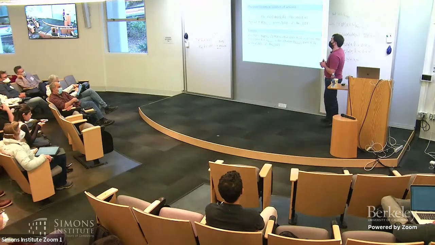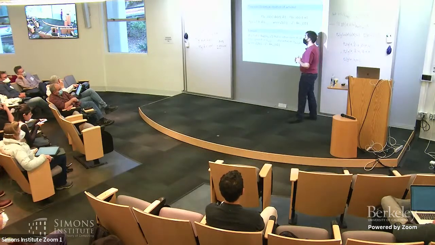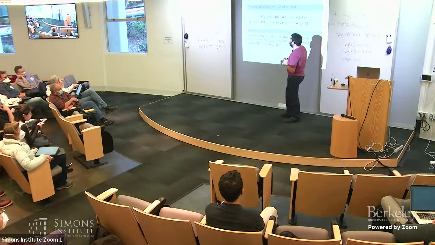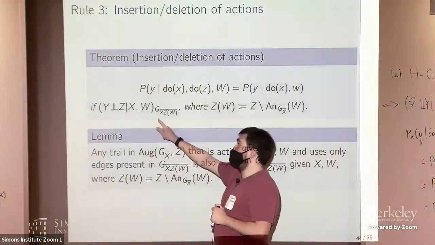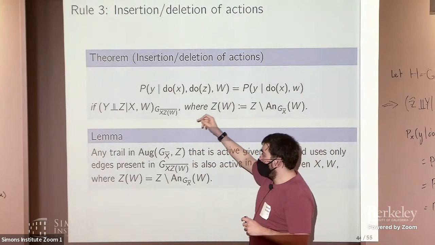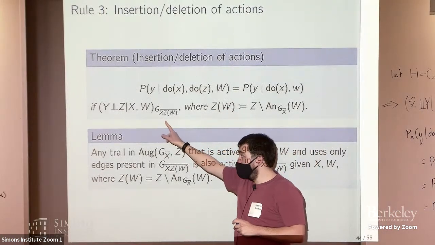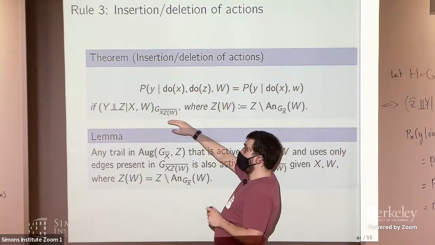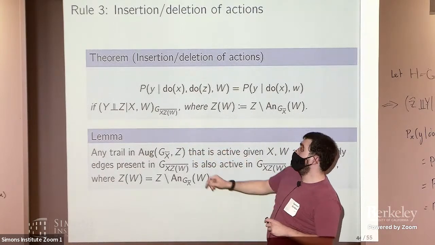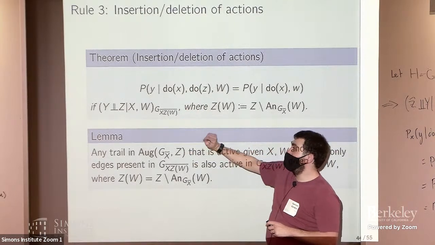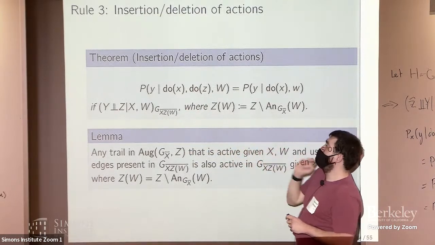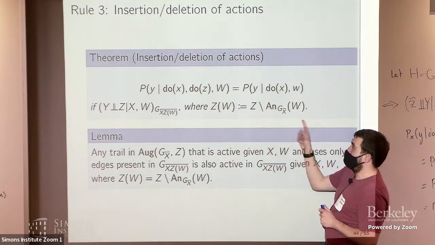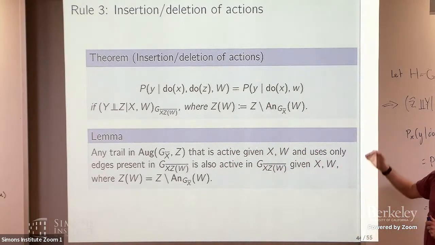It has a very weird formulation that often throws people, because it requires d-separation in this weird graph where I not only remove parents of x, but I also remove parents of a subset of the z vertices. This apostrophe shouldn't be there, ignore that. Namely Z(W), which is the set of z vertices that are not ancestors of w in the graph where I've